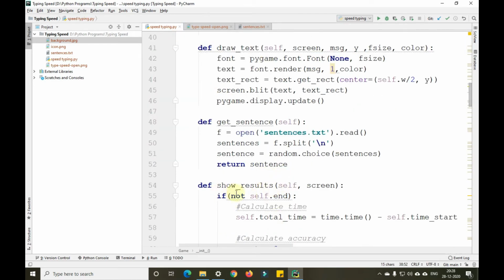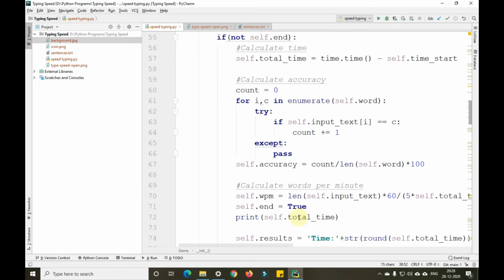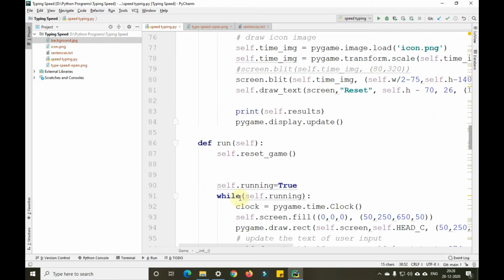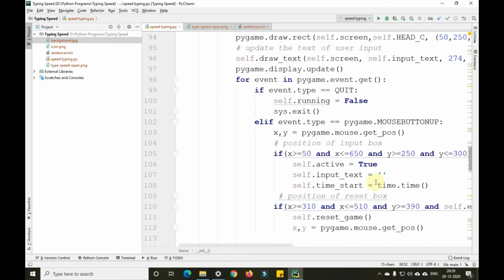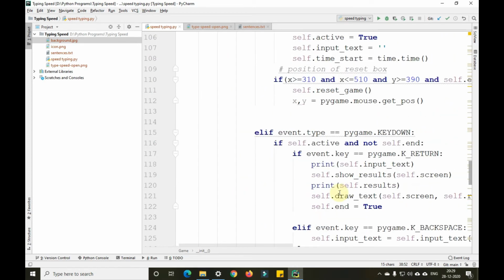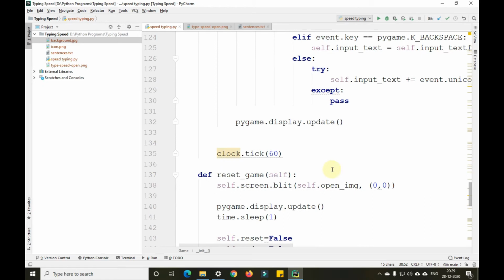After that is done, it will show us the result: how much time we have taken, what our accuracy is, and what our speed test timing is. After that, we run the project. When it's running, the clock should be reset to 0. Then the moment we press a key, the clock will automatically start and keep on running. After that, it will check what we have done with the help of this function. Then there is a reset game button which I have given to reset that particular thing and come back to the page so that the user can enter the details again.